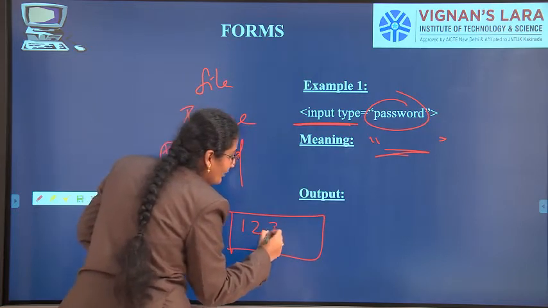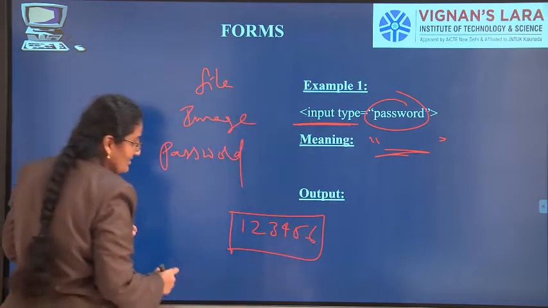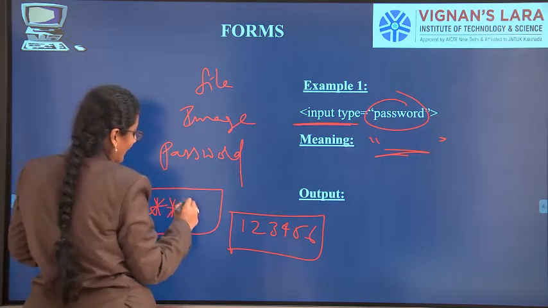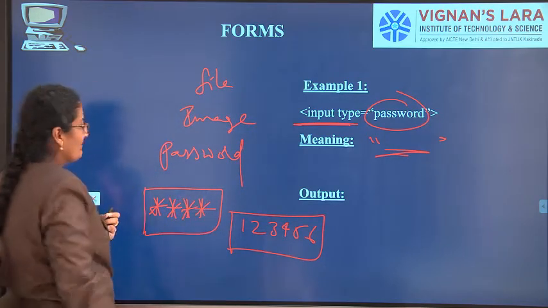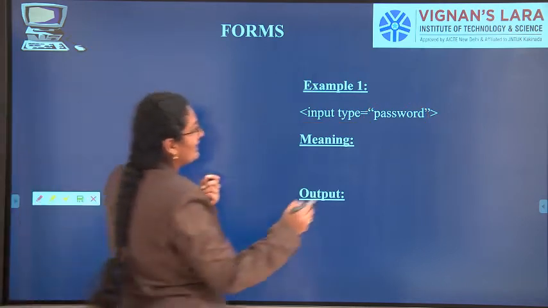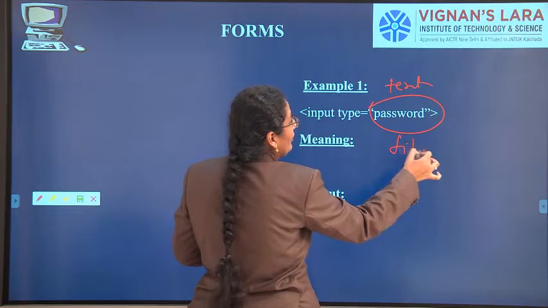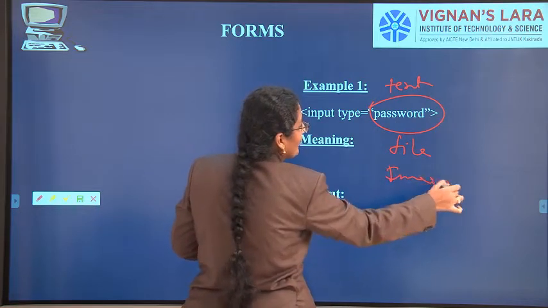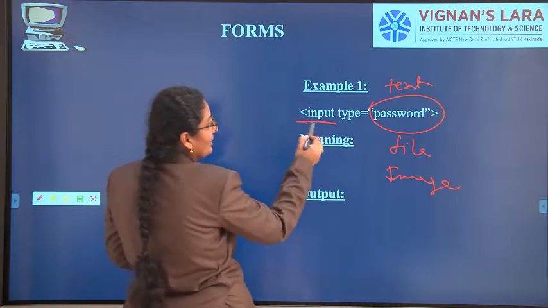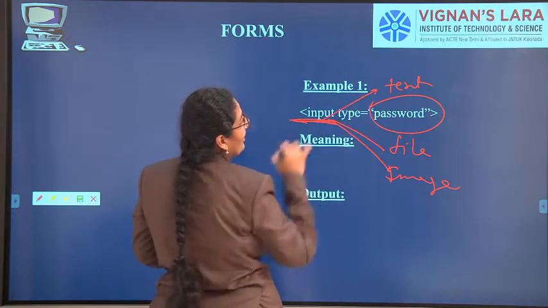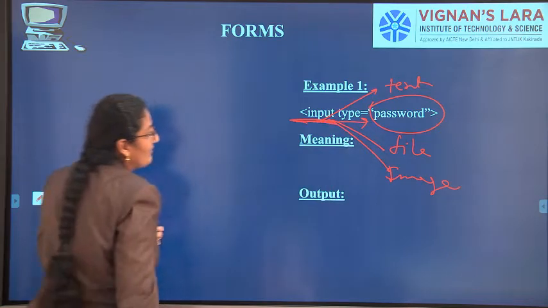If you type 1, 2, 3, 4, 5, 6 as your password, it will display 6 asterisk symbols. In place of password, you can give text, file, or image also. Nothing but as an input you are giving image, file, text, or password.